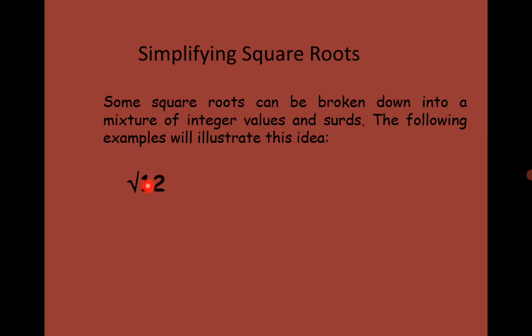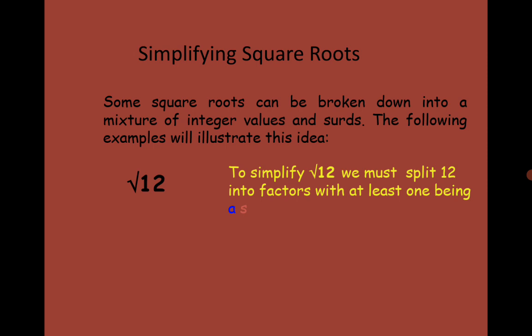If you use a calculator to punch a square root of 12, you find it's going to be 3 point something. But you can write this as a mixture of integer values and surds. So remember that 12 is the same as,